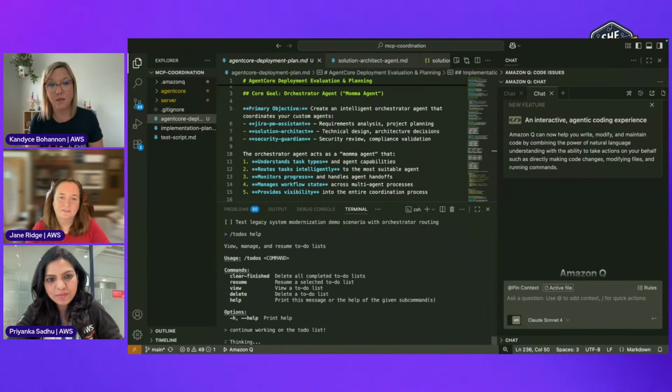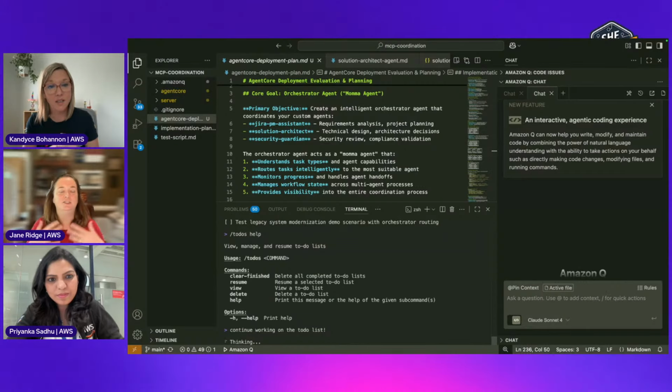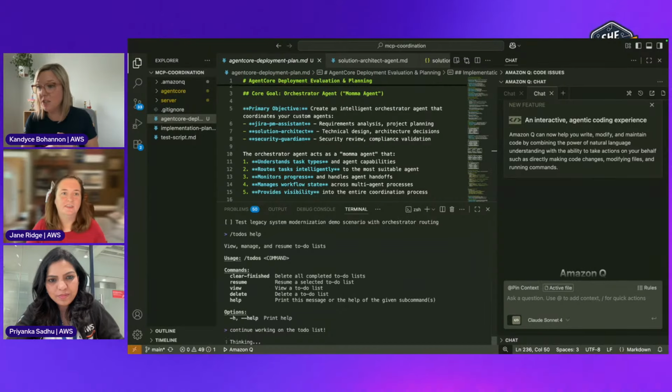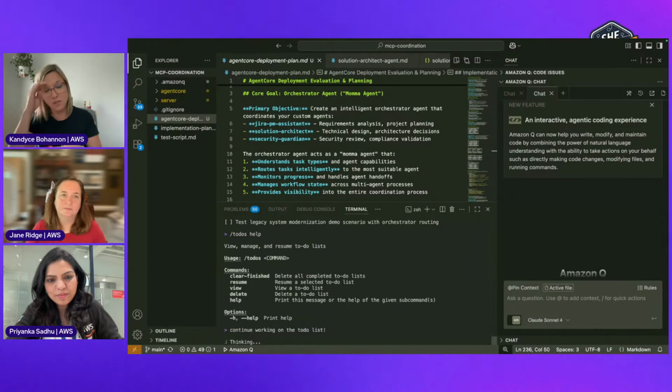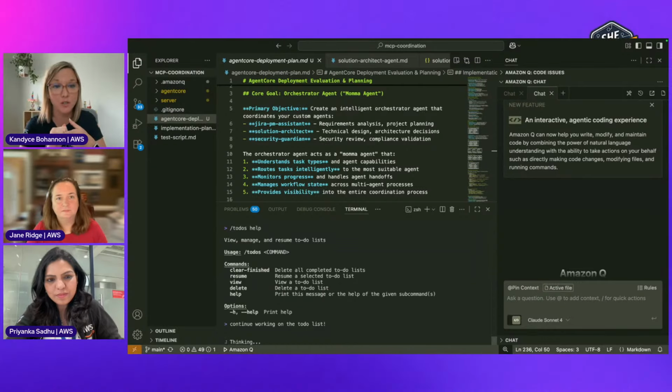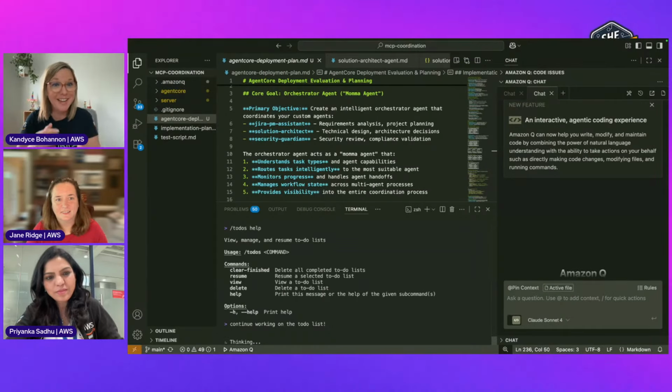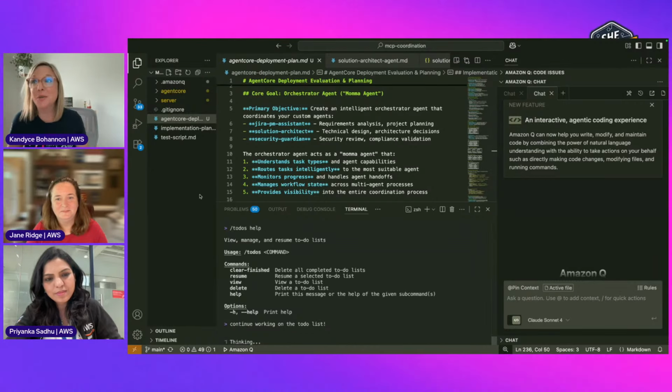That's awesome. And what kind of prompt did you give it, Candace, to even get to the to-do list? Like, how did you start that conversation? I enabled to-dos, and first you do a /experiment so that you can get to those experimental features. And then I turned on to-dos, and then I said, let's make a to-do list. We're going to make a to-do list for the agent core implementation.